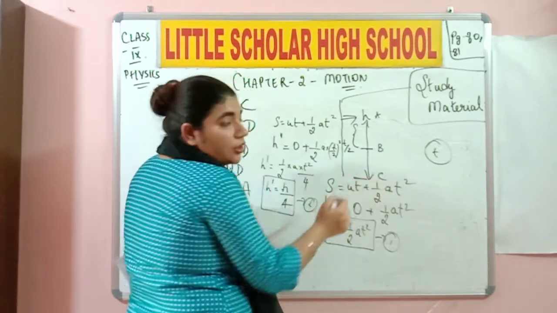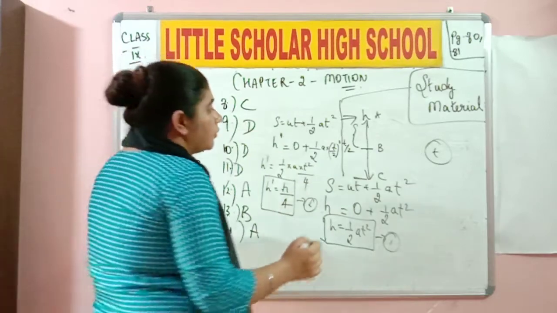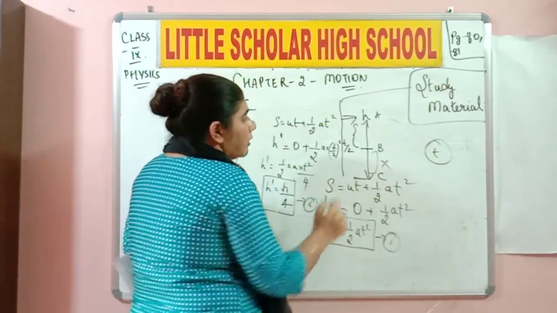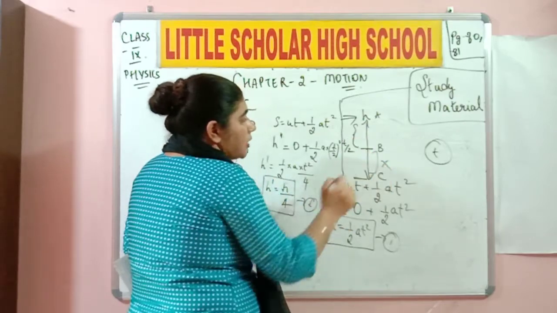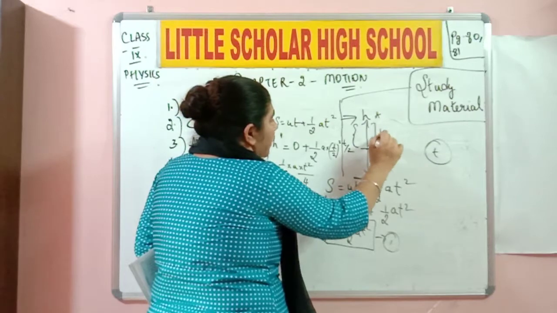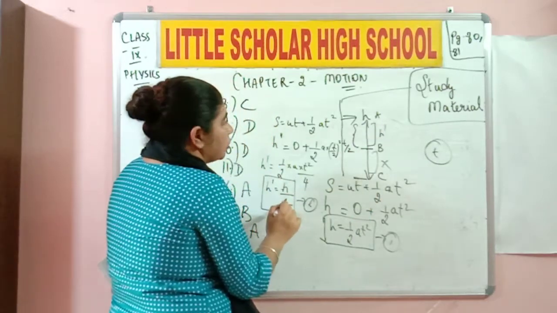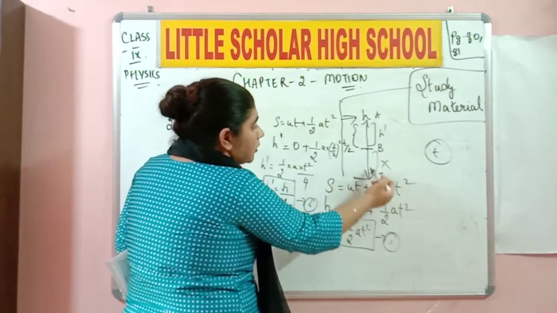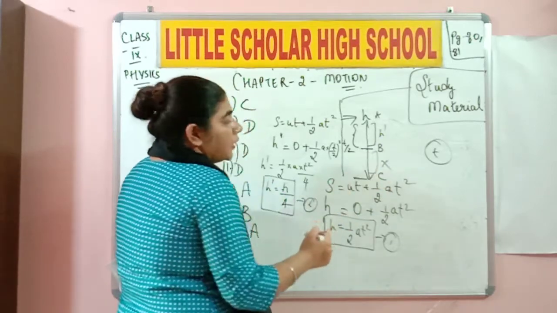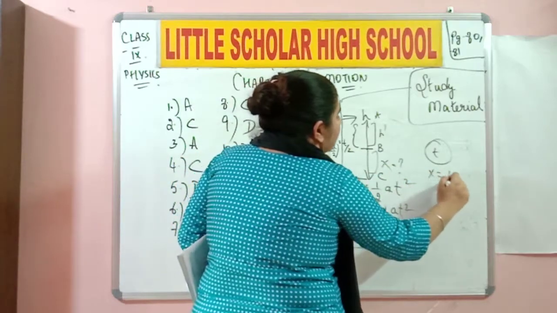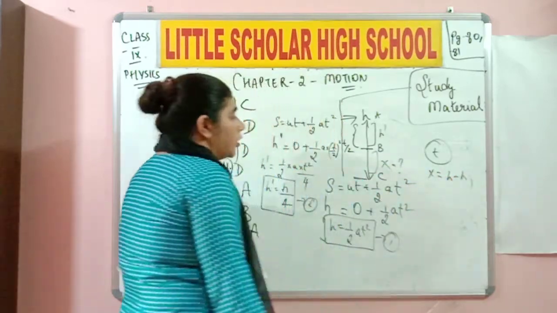Do you understand? Now what is it? If this portion is written as x, what are you going to write now? h minus h dash is equal to x. Okay, with everybody? If this portion is h dash, I just calculated h dash. The entire portion is h, but I need to calculate the distance from the ground till t by 2. Yes or no? So I need to find out what is x. So x is equal to h minus h dash. Did you understand now?